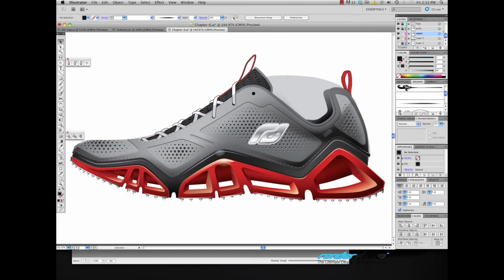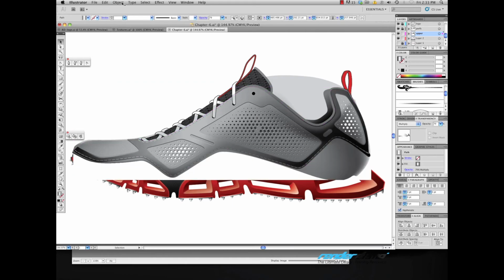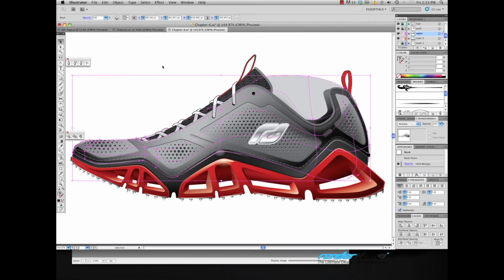So let's lock this gradient. Notice obviously we don't want this overextending that way. So let's grab this shape and let's copy and paste it in front, and we're going to unlock that gradient mesh,